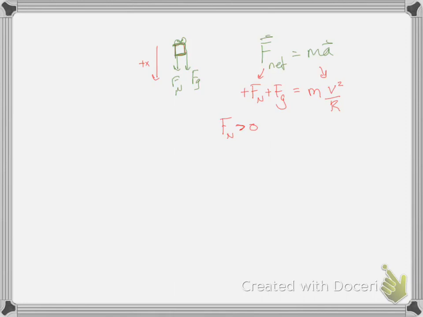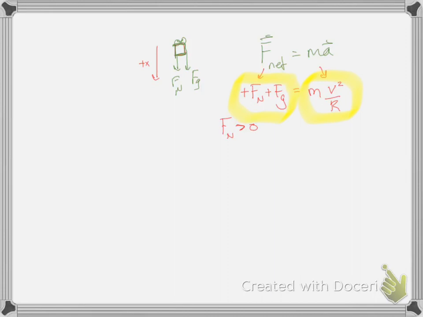Fn can get smaller and smaller. We can go slower and slower. And look at the relationship here. If you look at the right-hand side of this equation, you can see as v gets bigger, since Fg is a constant because it's the weight of the roller coaster car,